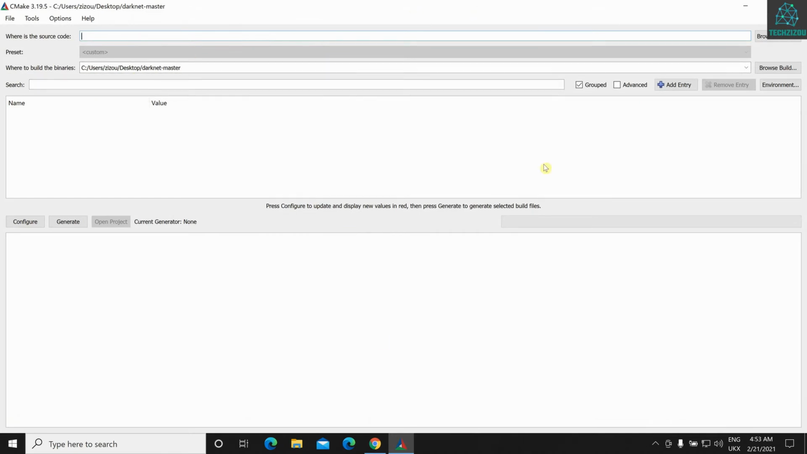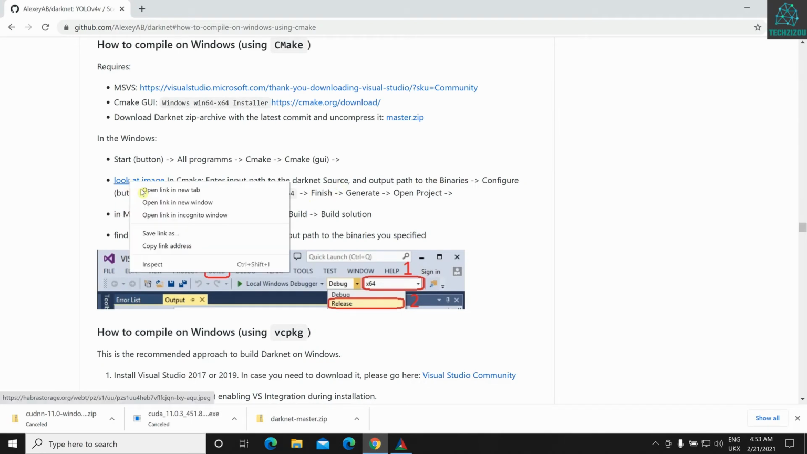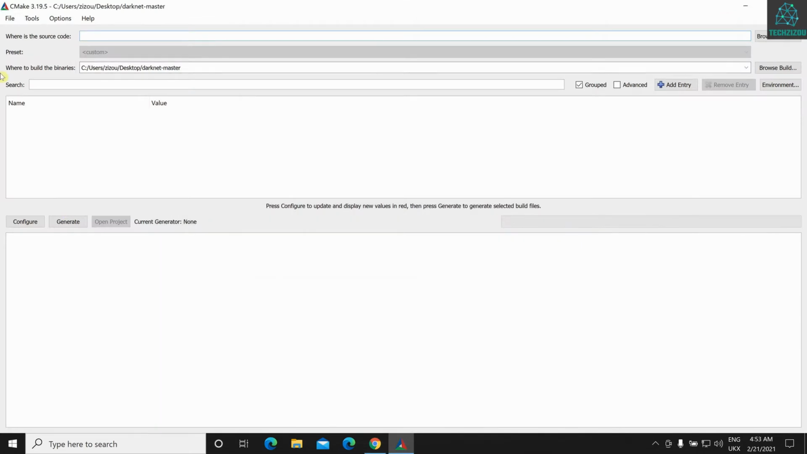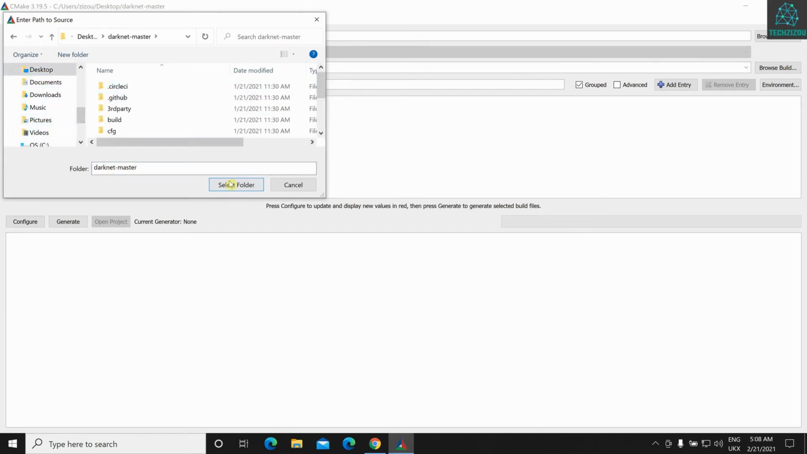Okay, so over here as is mentioned on this page, you can look at this image. What we need to do, first step, choose the source code and where we'll build the binaries, then click on configure, choose the Visual Studio version that you're using, choose the platform, click on finish and then generate, and then lastly you open the project. So that's what we'll do. Since I've downloaded the Darknet zip file and I have it on my desktop, just select this folder, click on desktop, choose the source folder,